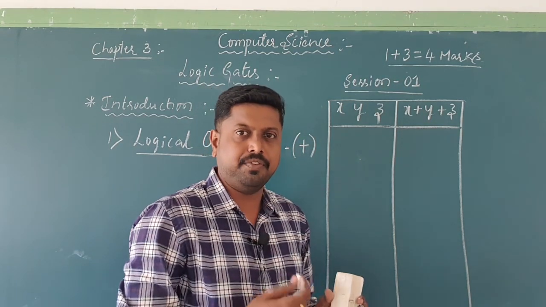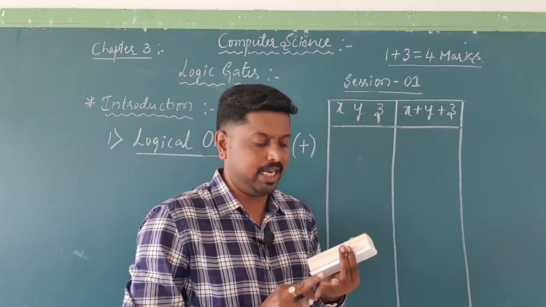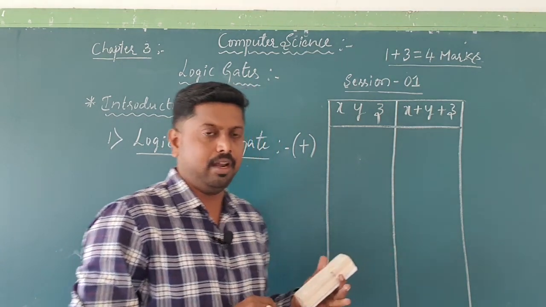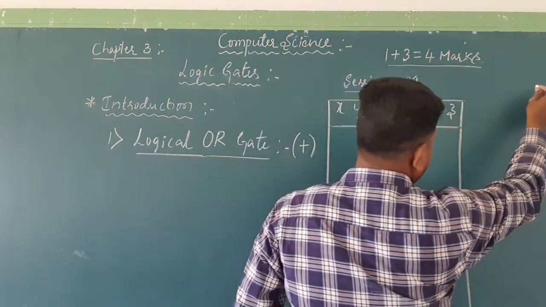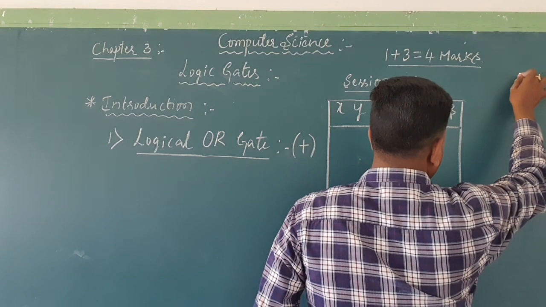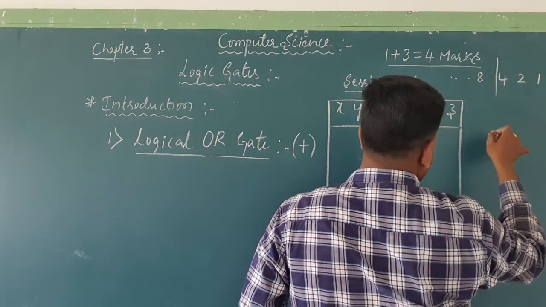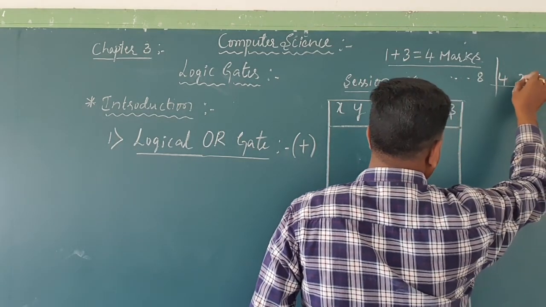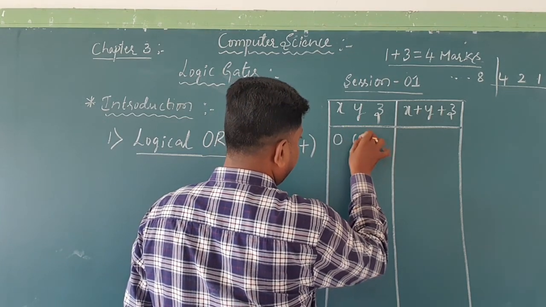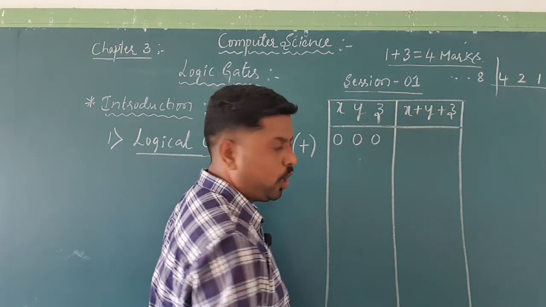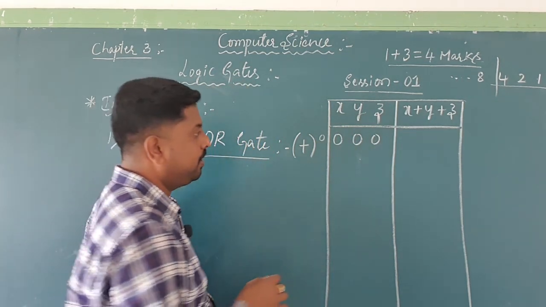In the previous class, if you learned clearly in first year, we showed how to write a 2-digit truth table, 3-digit and 4-digit also. Now I will follow the same rule, the same technique, that is 1, 2, 4, 8, and so on. For the 3-digit I will consider 1, 2, 4. Okay, right. 000, that means that is 0 only. Better I will write the decimal value of that particular input also.